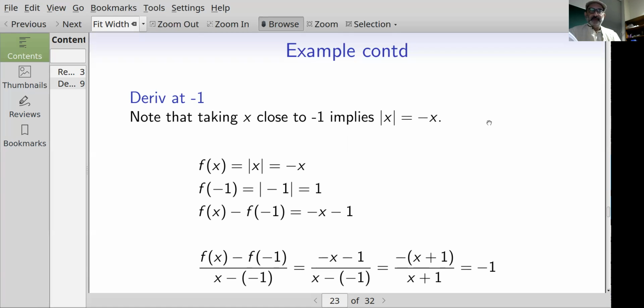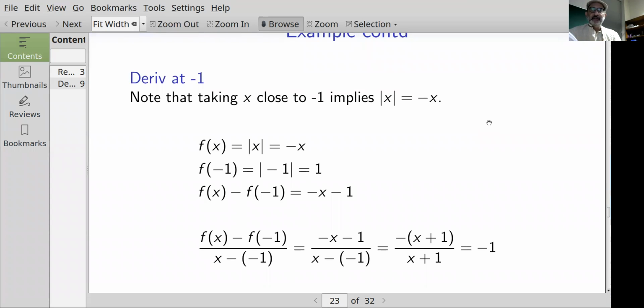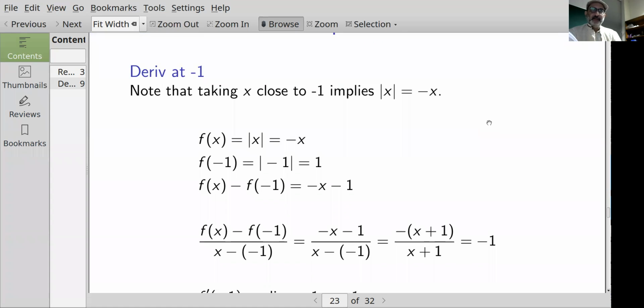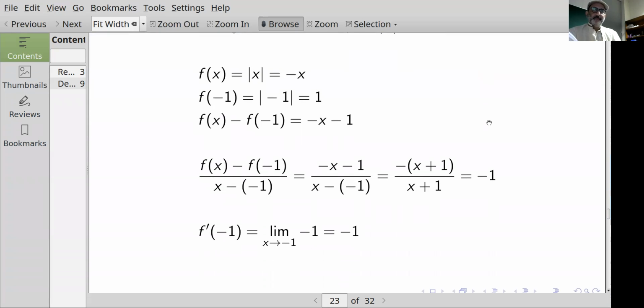Then the difference quotient, f of x minus f of minus 1 over x minus minus 1, is minus x minus 1 over x minus minus 1. That's the negative of x plus 1 divided by x plus 1, and that's equal to minus 1. Then the derivative at minus 1 is the limit as x goes to minus 1 of the difference quotient, which is minus 1, and then you get minus 1. So the derivative at 1 is 1, the derivative at minus 1 is minus 1,